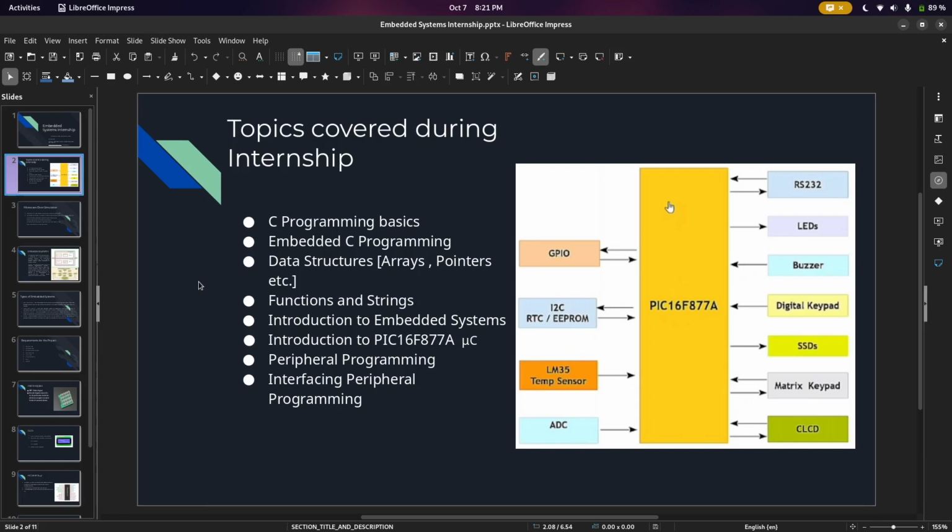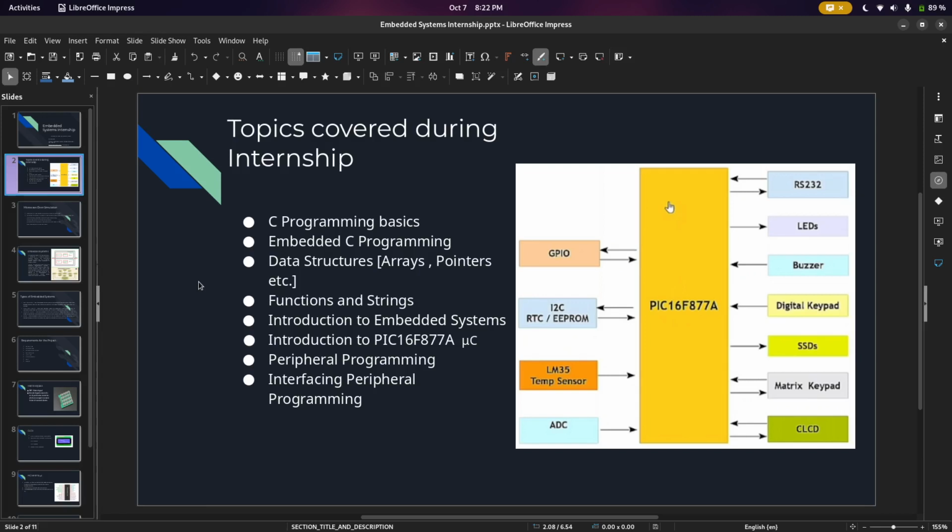And then we moved on to the basics of embedded C programming, and then we learned about the different data structures, for example, arrays and pointers to functions, and then we learned about functions and strings, and then we moved